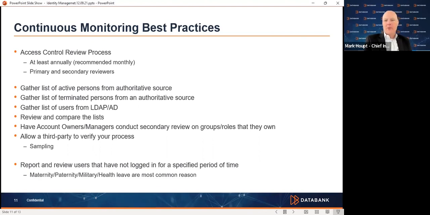So for example, I go to our HR department and I have them run a list of names with their email addresses and their user IDs out of our HR system on a monthly basis. And I marry that up with what's inside of my directory system to make sure that I'm not having people who are not on that authoritative active list still inside of my directory. I do the same thing with the terminated persons list. I get a list from my HR department of every person that was terminated in the last 30 days, and I go and validate on a monthly basis that that person's access has been terminated inside of my directory.